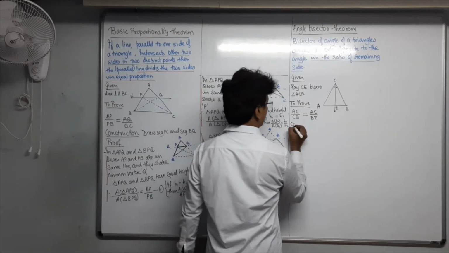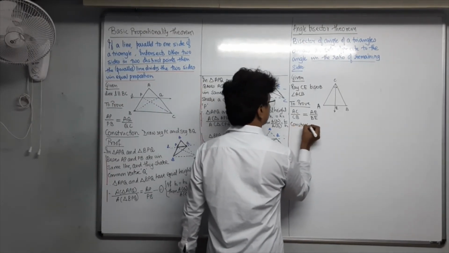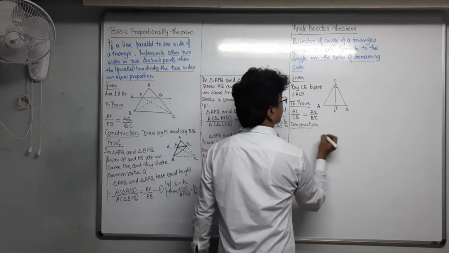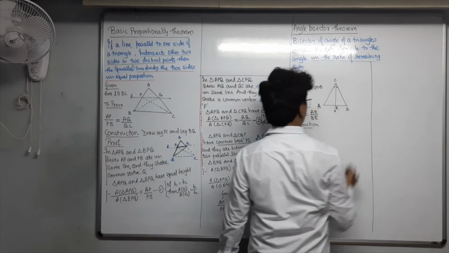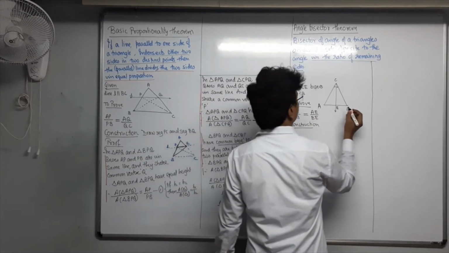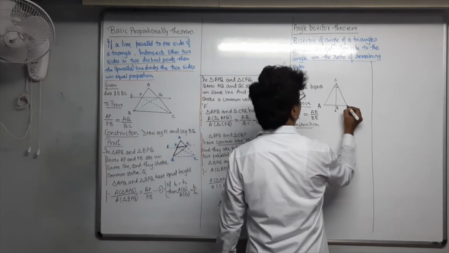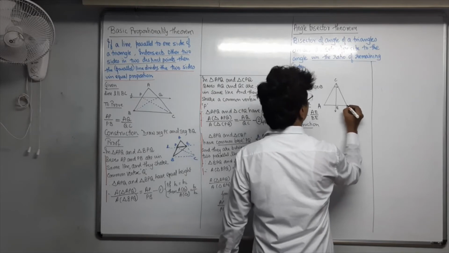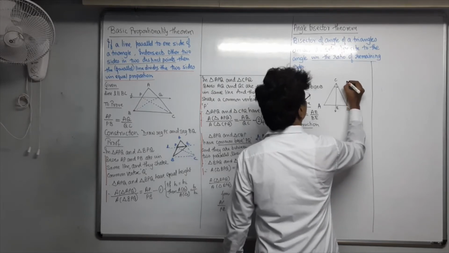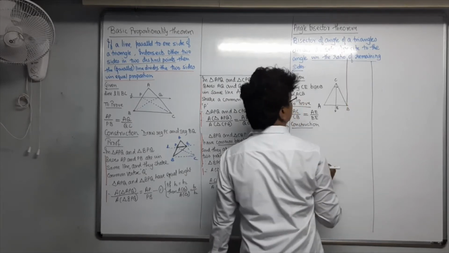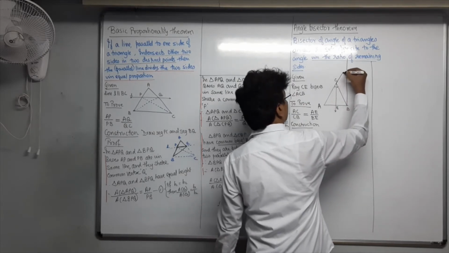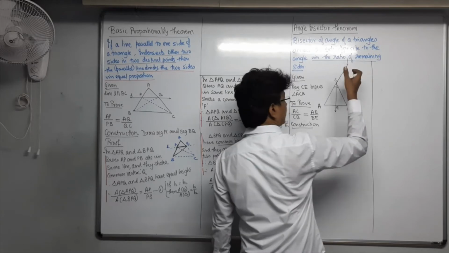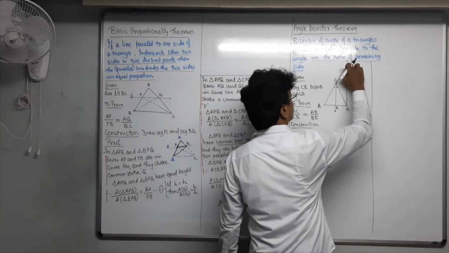You require a construction over here. And this is slightly different construction. What is the construction over here? From B, you have to draw a line parallel to CE. And then AC also you have to extend in such a way that it goes and intersects. That's why I'm telling you, it goes beyond the page.